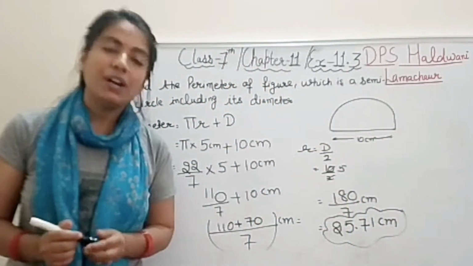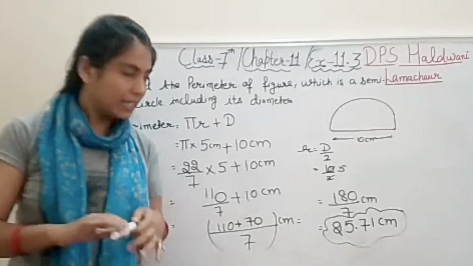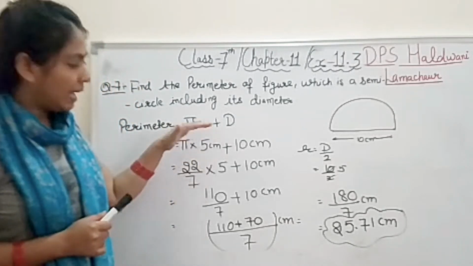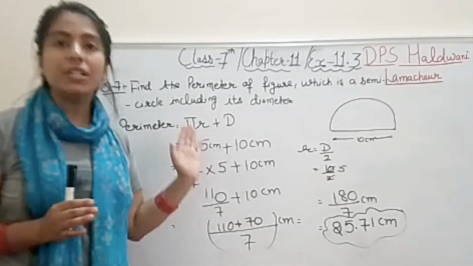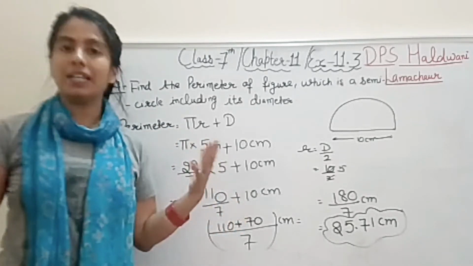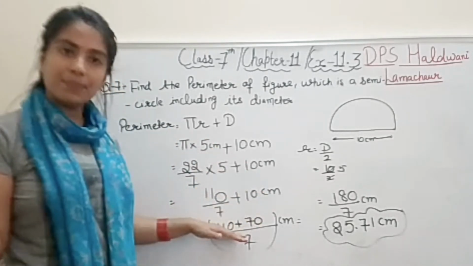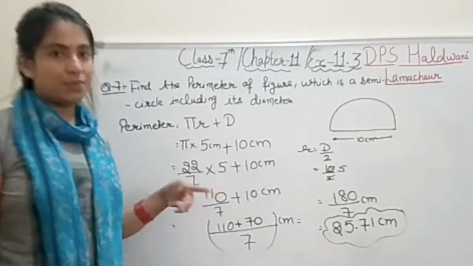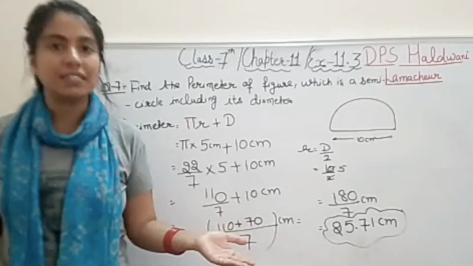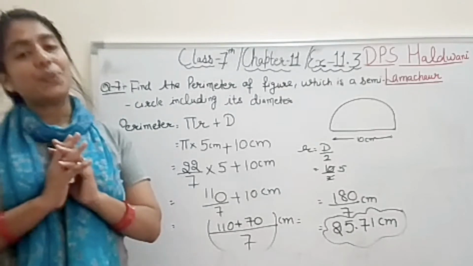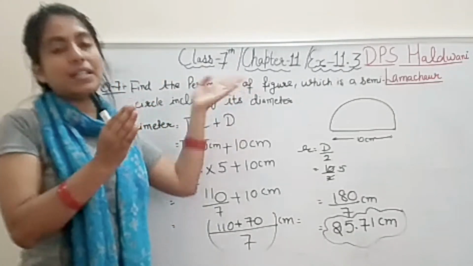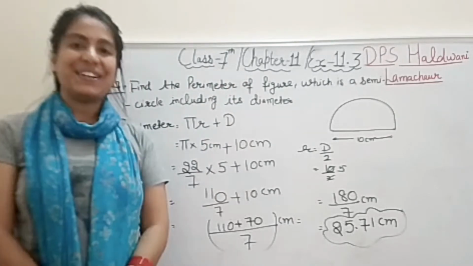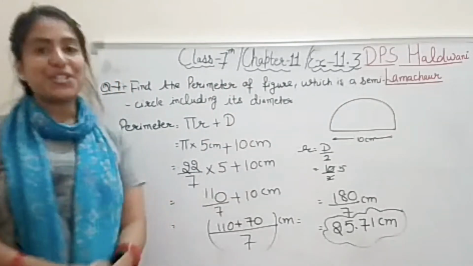Have you seen, student, what we have done? Nothing. We just put in the formula and then the calculations are there. Nothing else, and no new thing has come in this question. Everything we have already done. LCM we know. Putting the values we know. Formula we have learned. Right, student? So the questions are very simple. You just understand what the question is asking. That's it. Okay, so this is all about our question number 7.